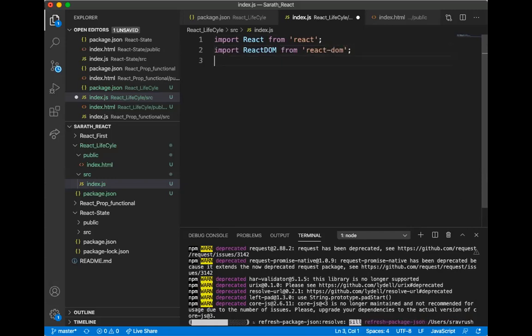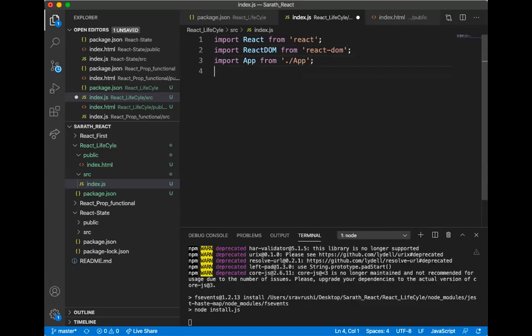Those two are the packages we are going to import. And I am going to import one application, App, from app. I am going to write the entire logic inside a particular file, and I am going to get that component.